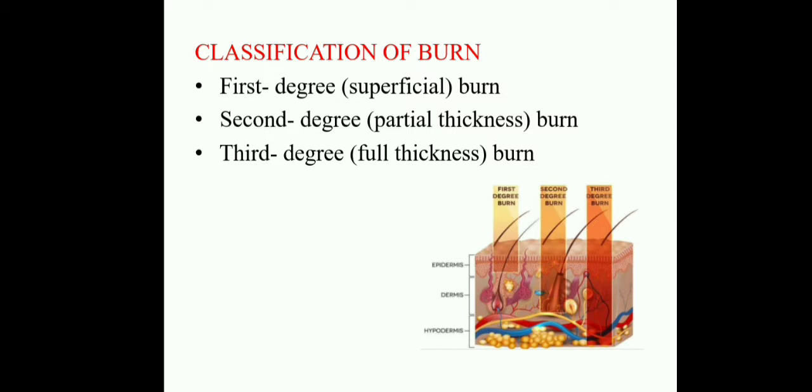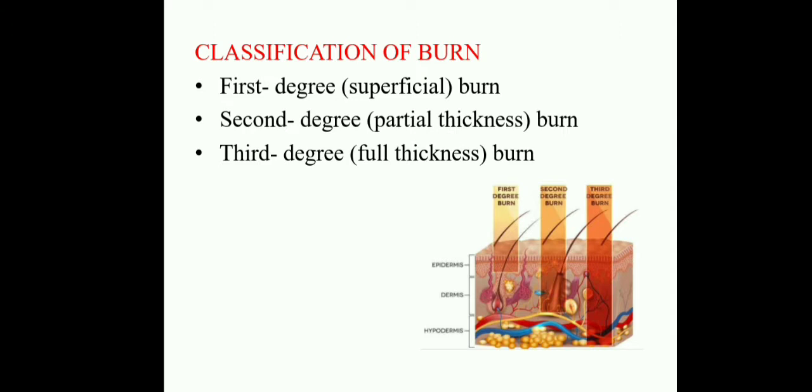And coming to the classification of the burns, here the total classification of burns is divided into 3 degrees. Okay, write down classification or degrees of the burn. Here the degrees of the burn are divided into 3: first degree, second degree and third degree. If any child has a burn at the superficial layer of the skin, that is called a first degree burn.